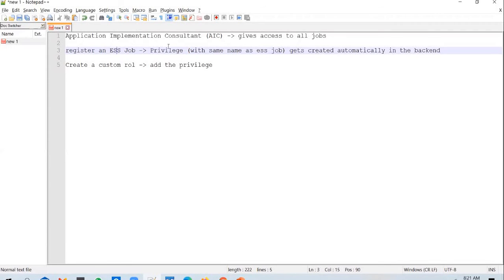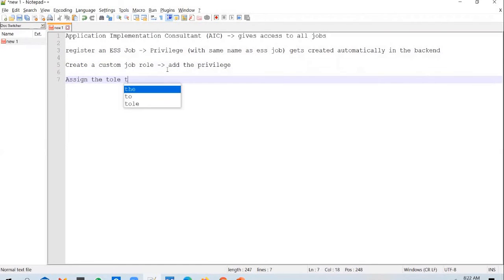So whenever you register an ESS job, a privilege gets created with the same name as the ESS job, and you need to create a custom job role, and you need to add the privilege to that role. And then as a last step, you will assign the role to the user.